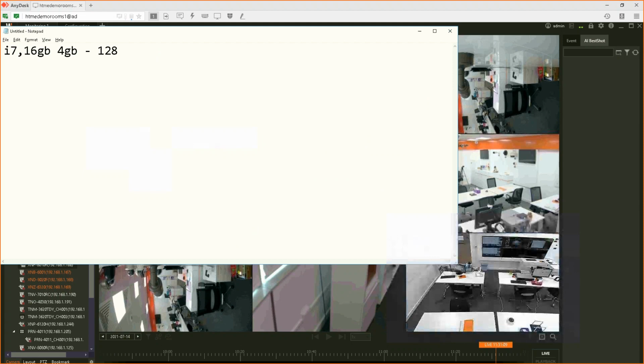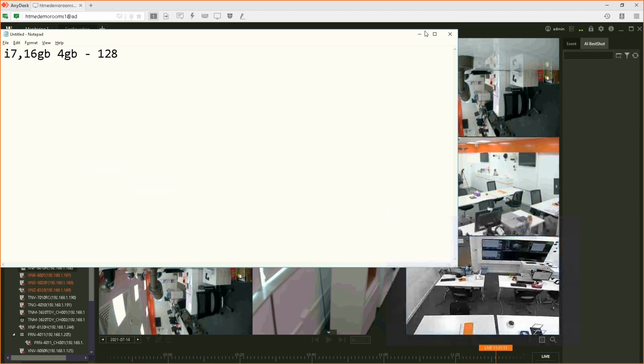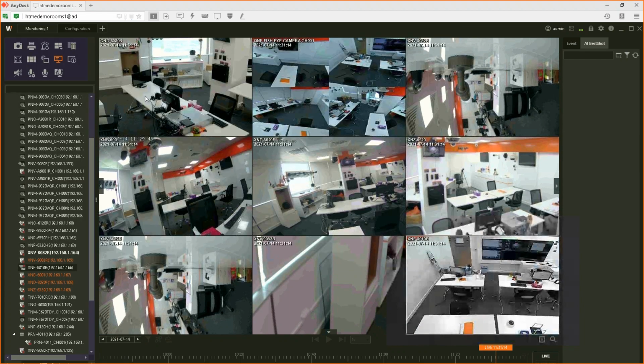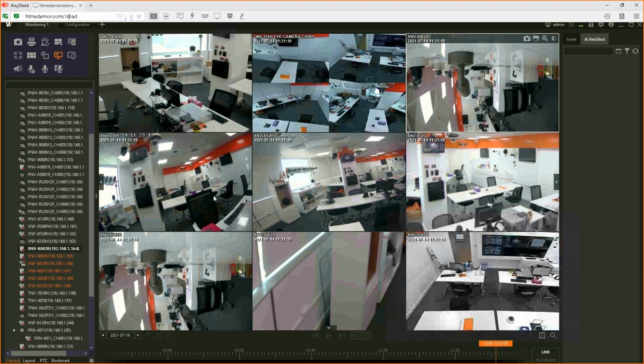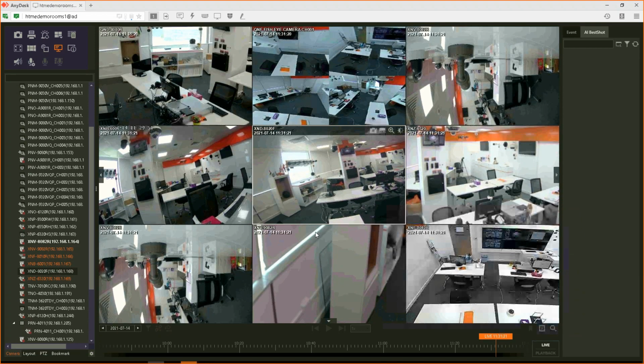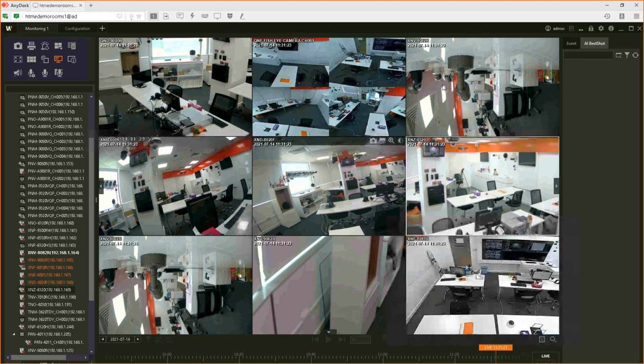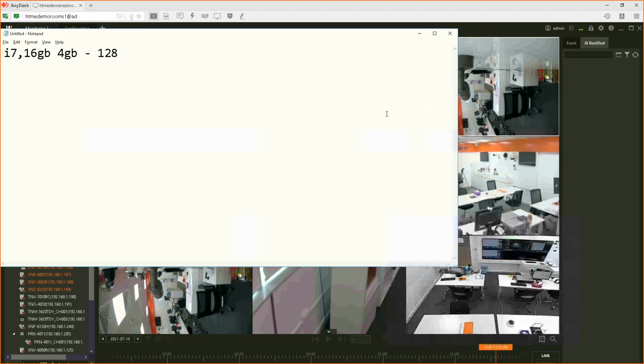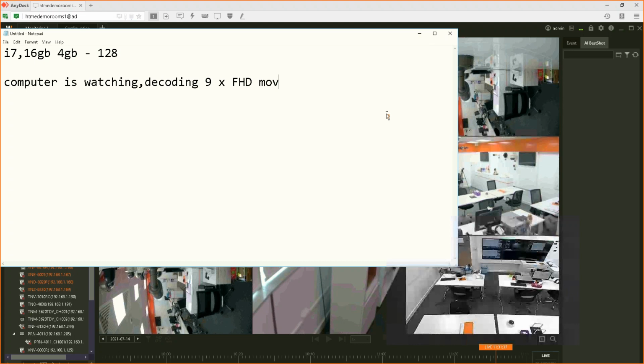In case you are not able to switch, imagine if my VMS continues to show 2 megapixel in each of the tiles. Technically your computer is watching or decoding, let's say 9 full HD movies, or if it is 4K, 4K movies.